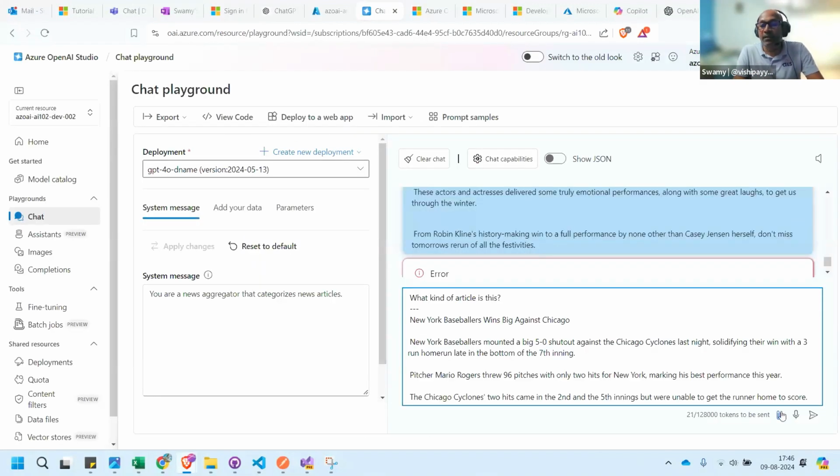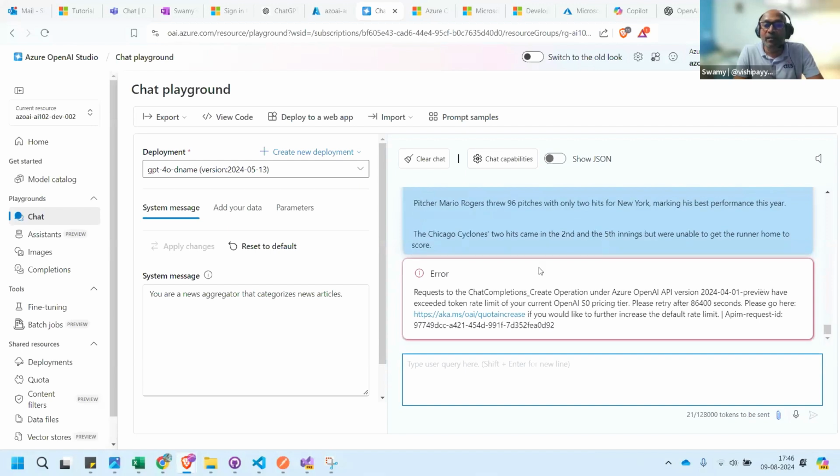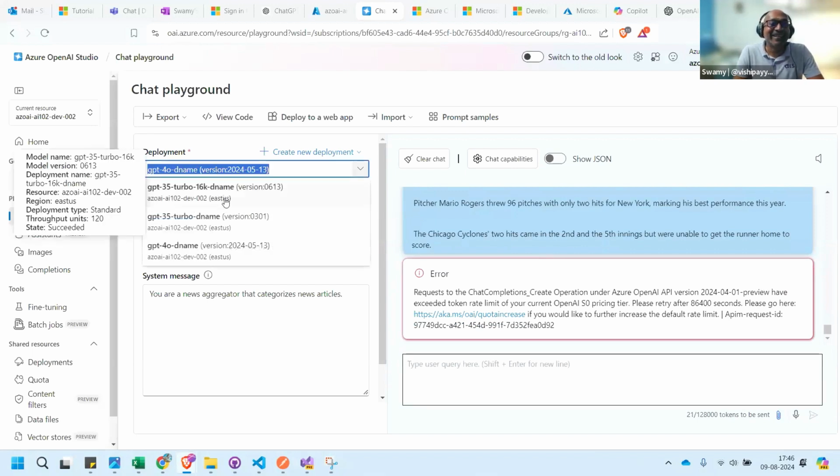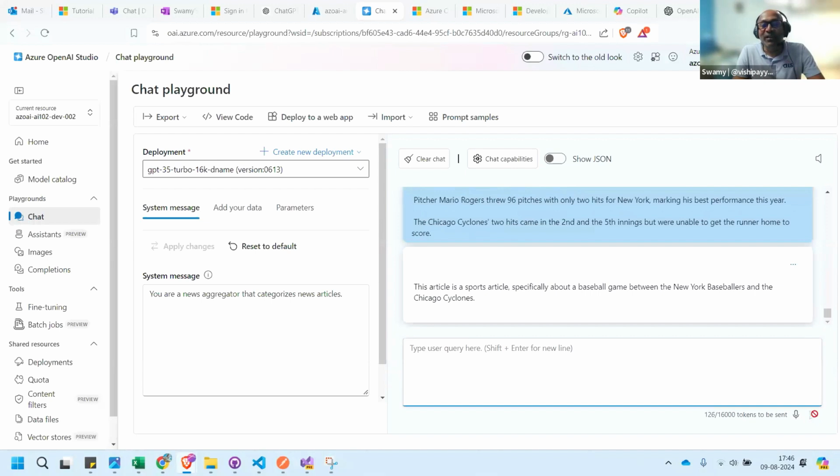Now let's see this. This is the baseball game. Oh, okay. Because I told you, isn't it? This has got little stringent rules. Now let's come back. Maybe left, right, and center I'm using those tokens.